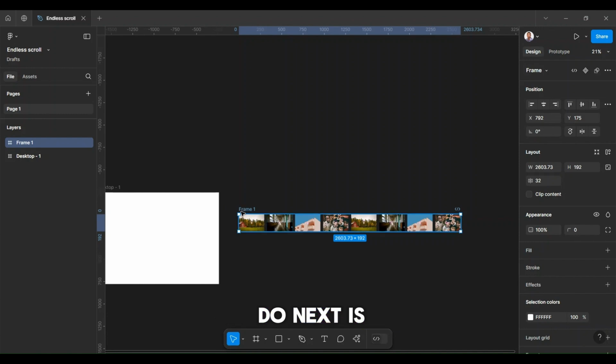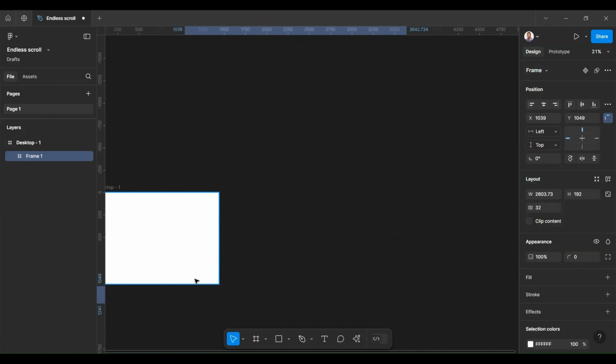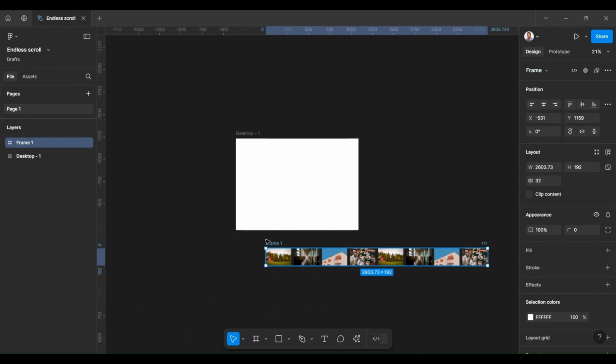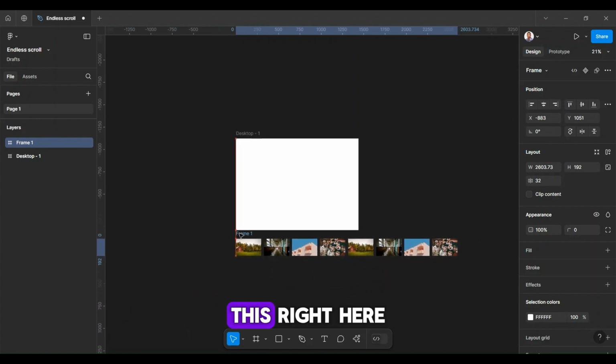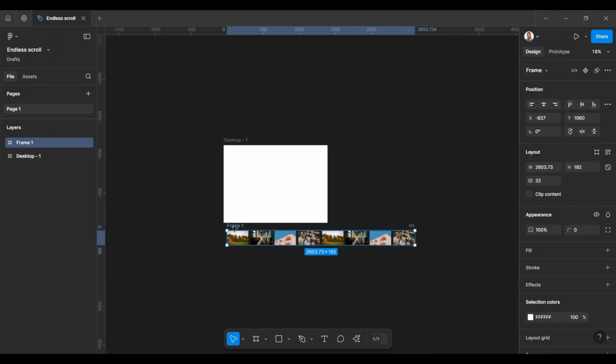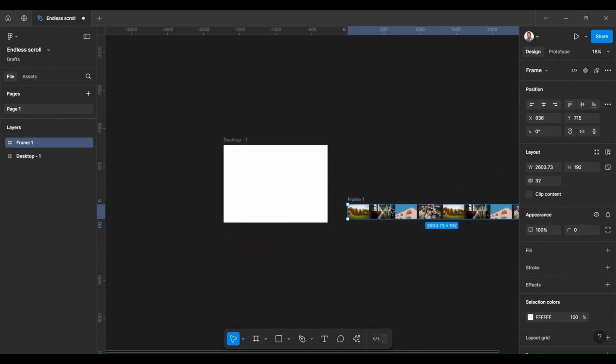So what I will do next is to bring this right here. I want the scroll effect to be for these 4 items. So I've made sure that these 4 items, the amount of items I want to be visible in the primary frame, is just 4 images, and they will both fit in here. So I will take my frame back here,